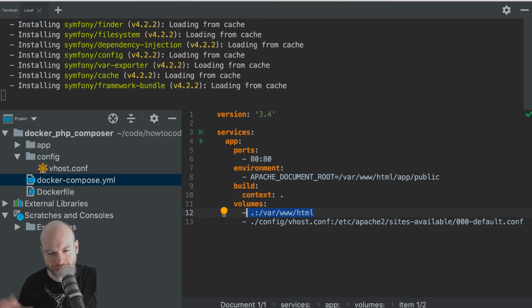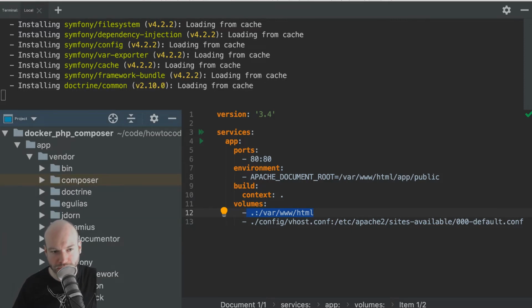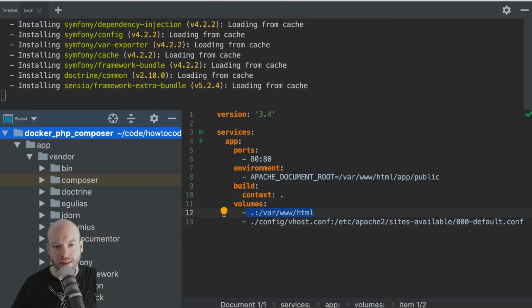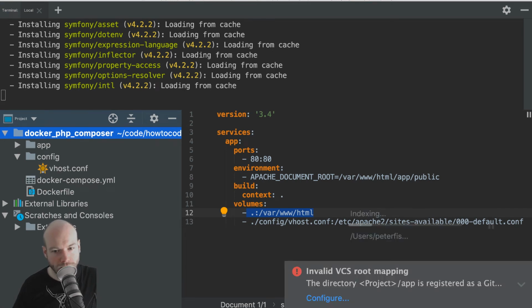That's what I was trying to say. We've bind mounted it, right? So we can now see, look, we can see we've got the app directory, we've got the vendor directory. This is on our host machine. This is the host machine. This is the container, right?